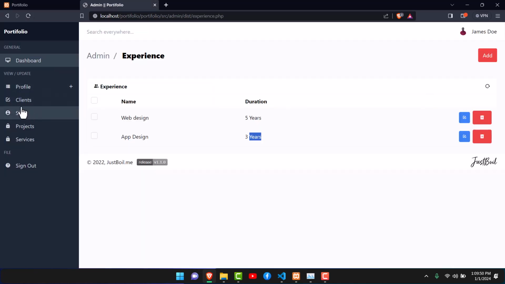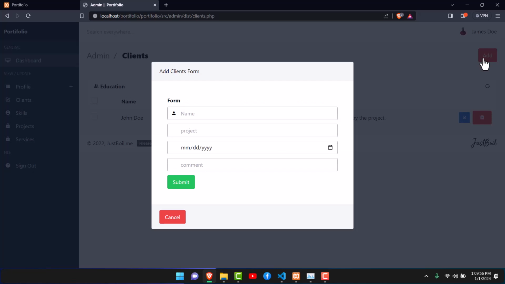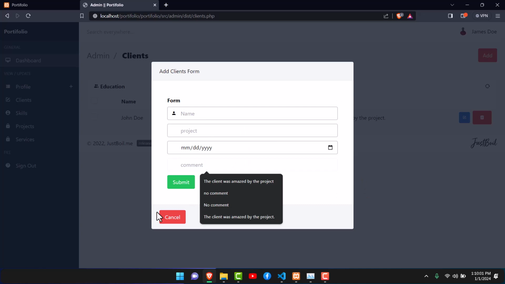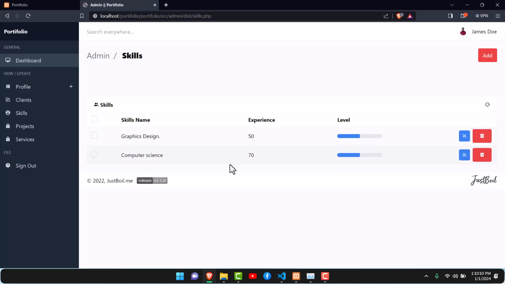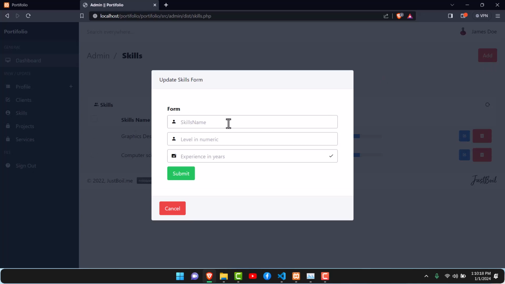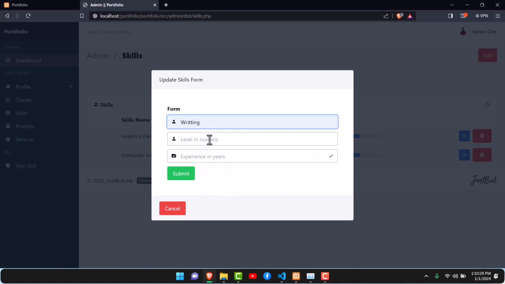That's it. If I go to the clients again, I can add the clients the same way. I'll just hit on this button, and I can add the information as I want. I can also edit it and delete it. If I go to the skills the same way, I'll be able to add maybe a skill. So it's the same like with the experience sort of. So maybe for example I can say teaching or maybe writing,